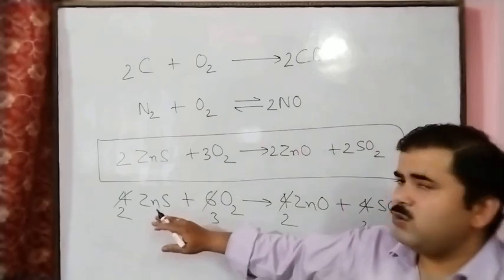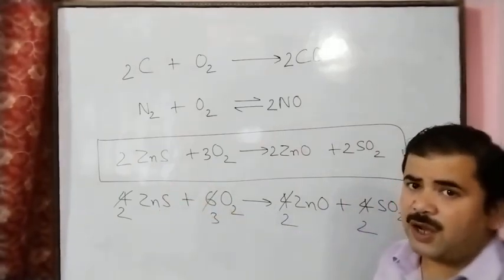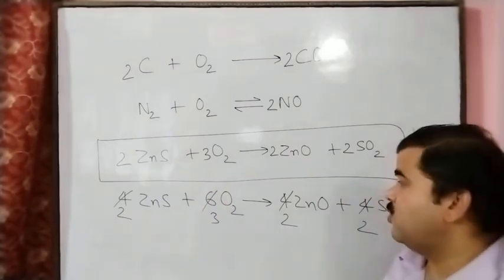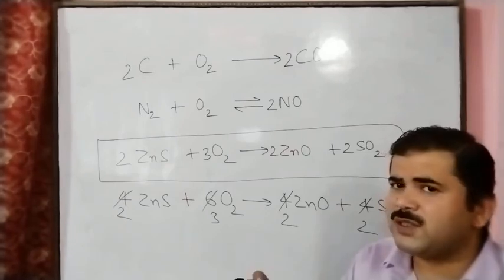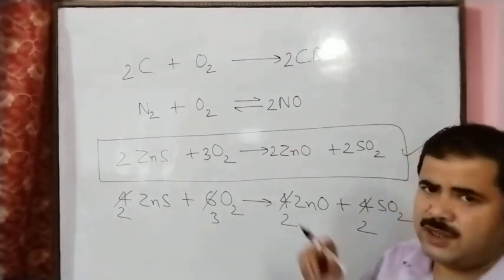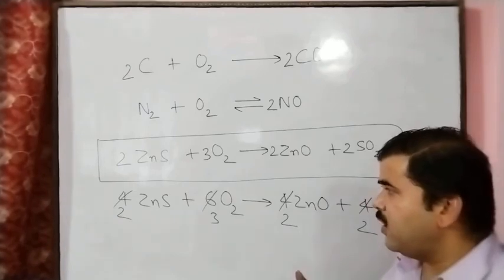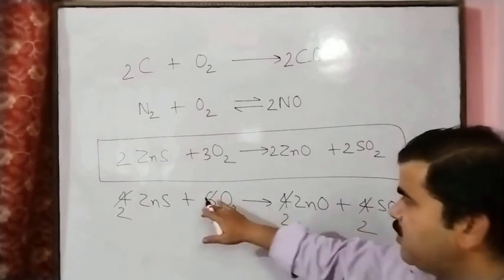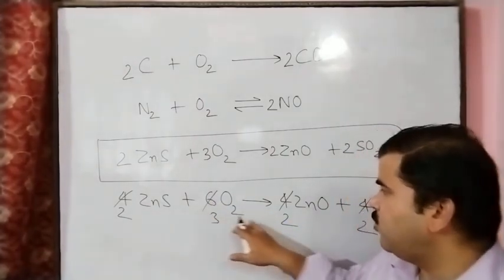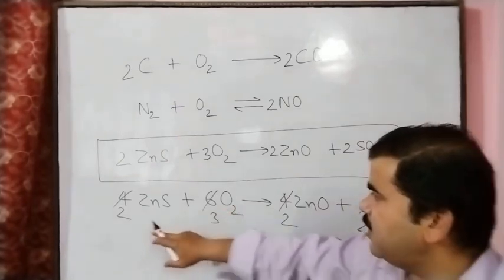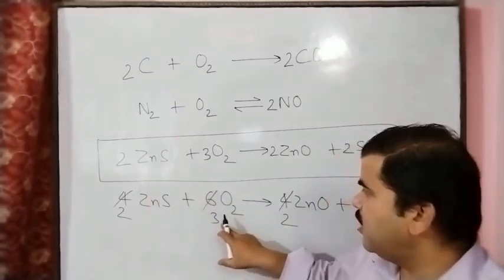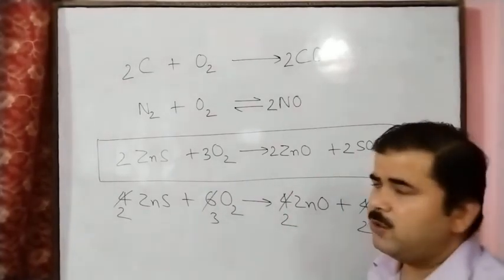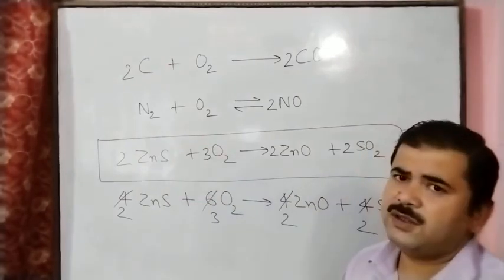So here you can simplify the chemical equation. If you have any doubt whether your equation, which is totally balanced, is correct or not, a very simple way is to choose one simplest number for cancelling. If after the simplification you are getting whole numbers, the previous equation was wrong, which means you have to take these numbers for the balancing. So we can see here 2ZnS, then 3O2, 2ZnO, then 2SO2. After the simplification, we get the same equation here.